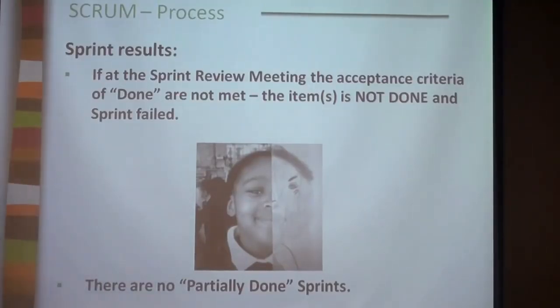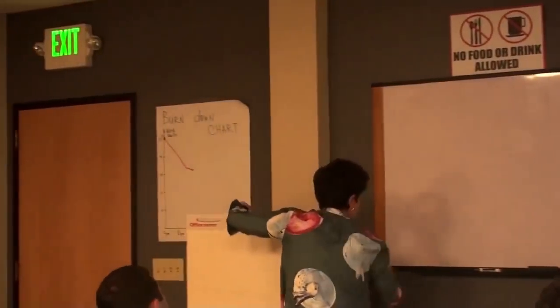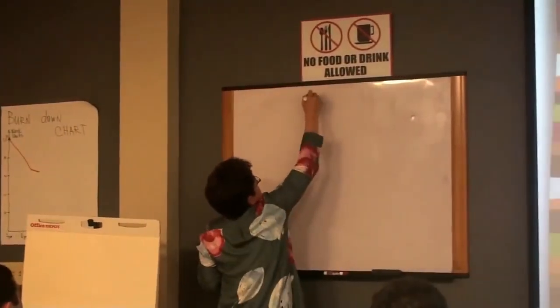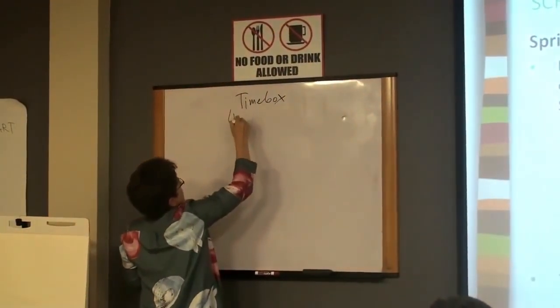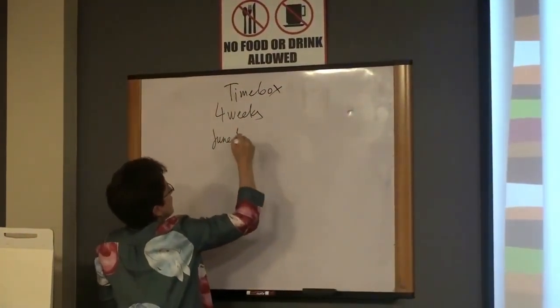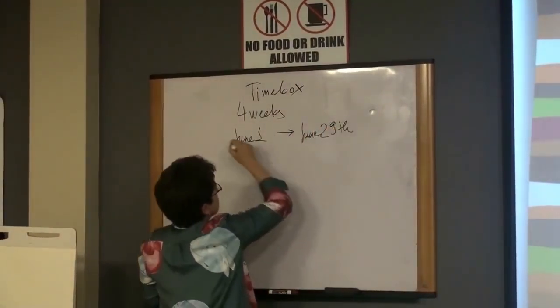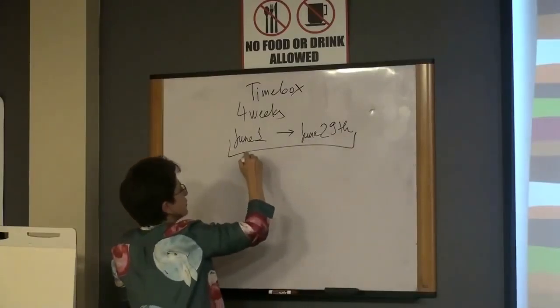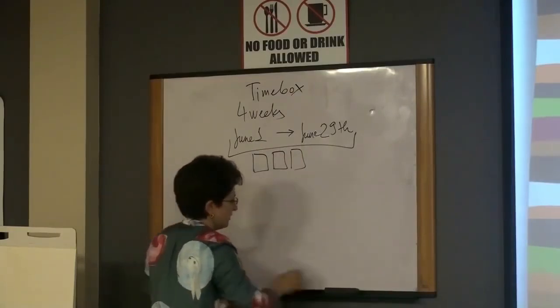Because what happens, let's say for your sprint you had, oops, okay, the sprint is your time box. And the time box, let's say, is 4 weeks. We start on June 1st. We should be done on June 29th, roughly, right? And during this period, you should do features. Okay, let me take